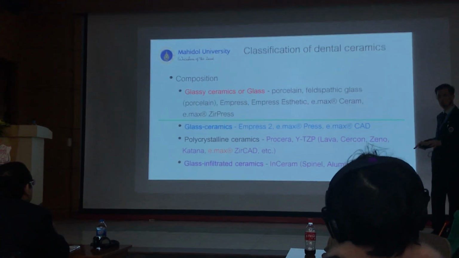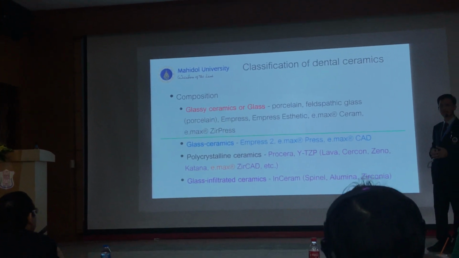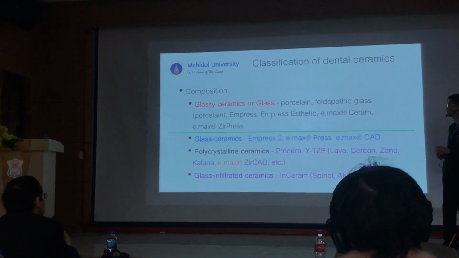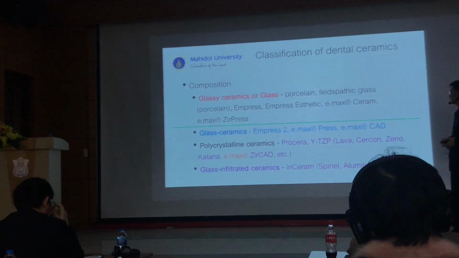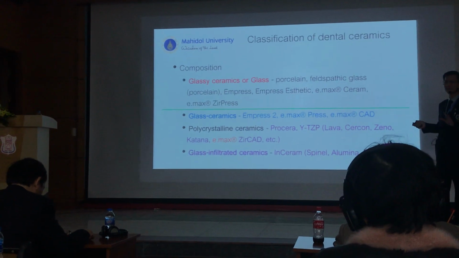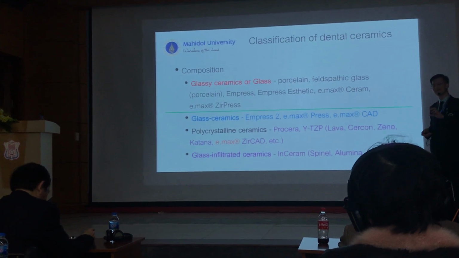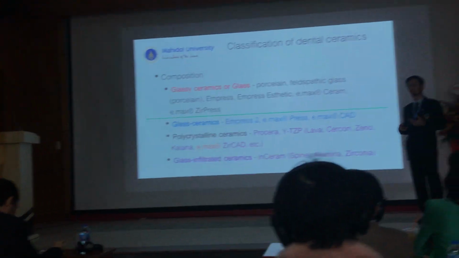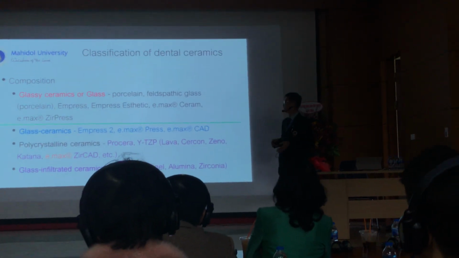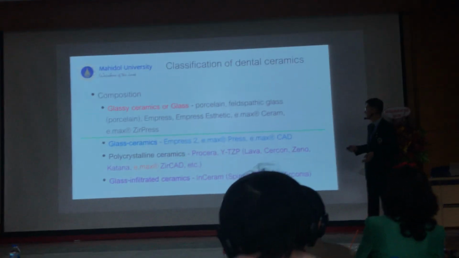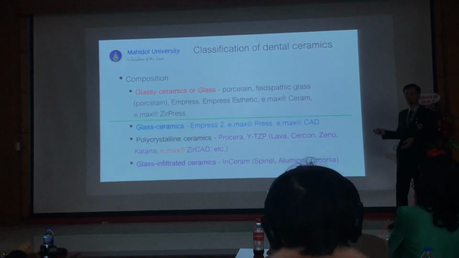That's why they are also used as the substructure of the ceramic, because they are very strong. But the first one, glass or porcelain, contains a lot of glass, with very few crystals to make it a little bit stronger or to change the color. That's why I'm going to put it on the top of the substructure.